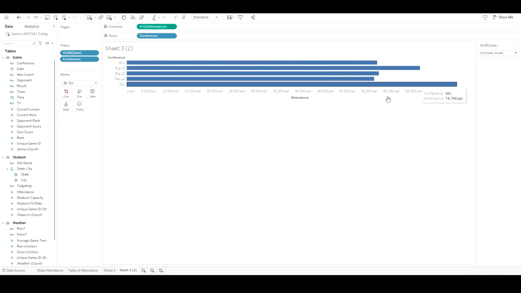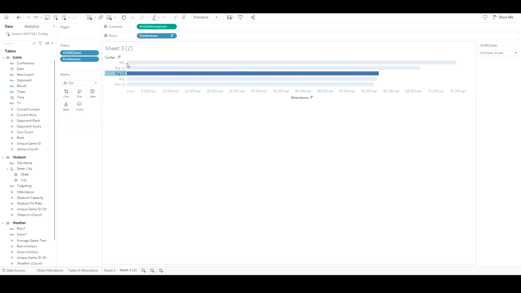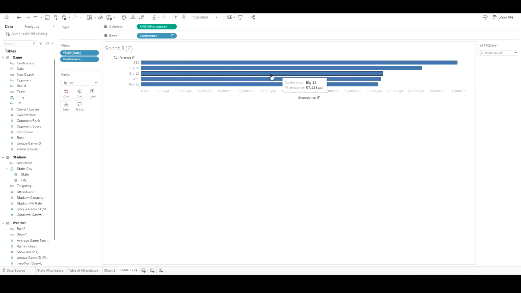This is one where we would want to order things maybe this way or this way. Or my legend is cut off. So if I was thinking about professionalism, I'm going to try and pull this out a little bit more so I can see the conference. And then I could go through and highlight the bars. I could do it by attendance, or